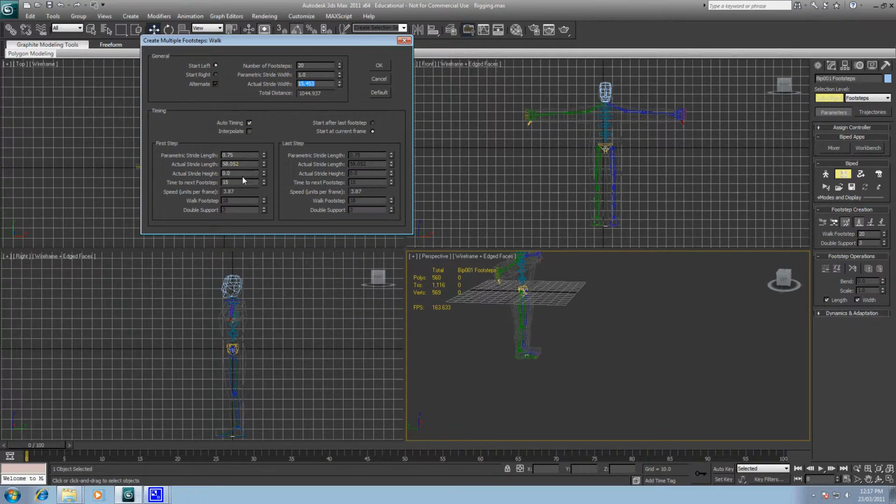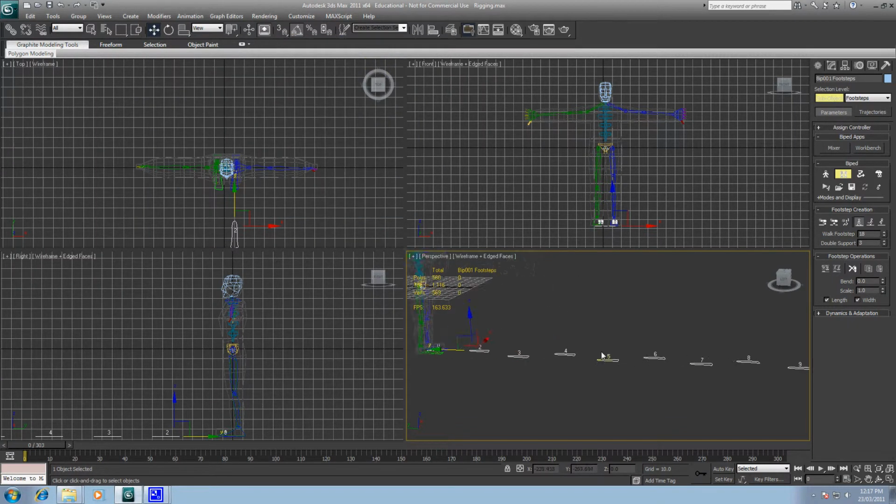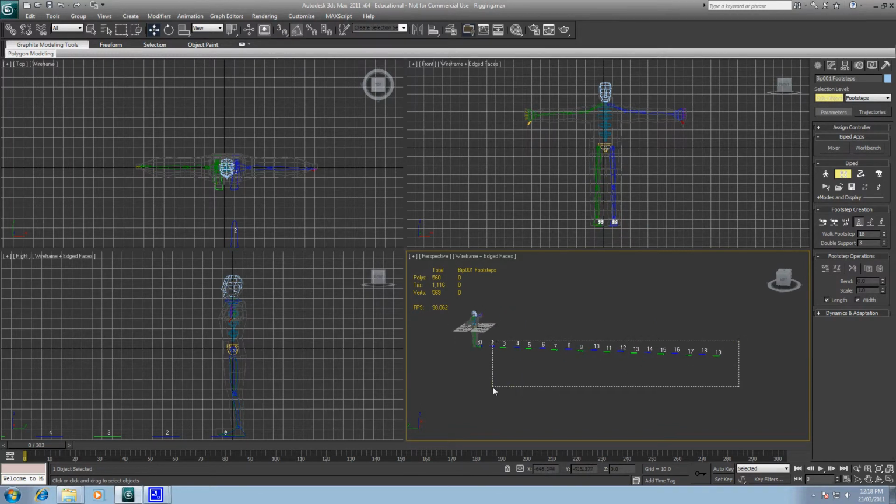And how high they are, if they have to lift their legs, whatnot. So there's customization, but we'll just use the defaults for now. We'll walk that far. Now you can see the footsteps he's going to walk. You can grab any of these and try and turn it around. If I move this over here, it's going to do it. Or if I get the entire selection of footsteps,